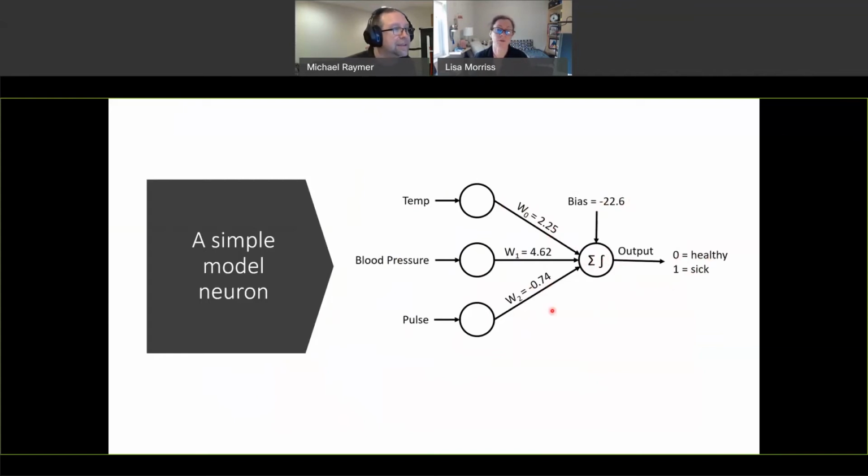And the trick to this is what the weights are. How do I find a set of weights that makes this answer correct? And that's where the fun comes in. That's where the math comes in. Training this thing is done the same way that we train other